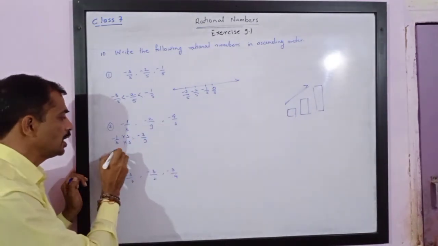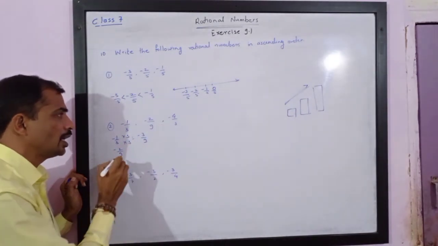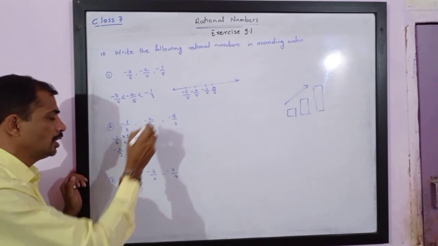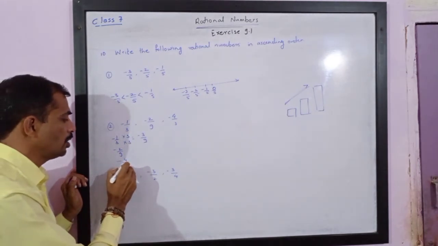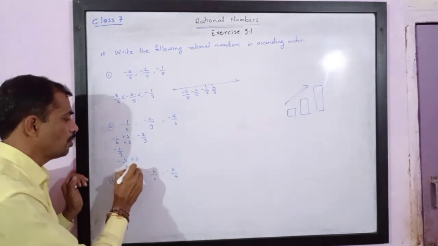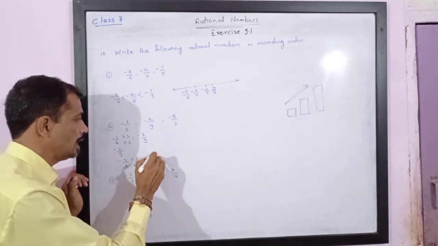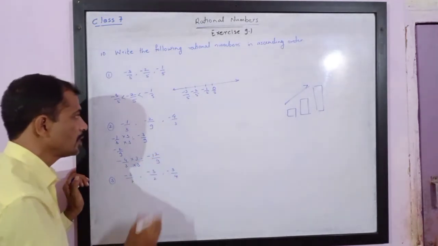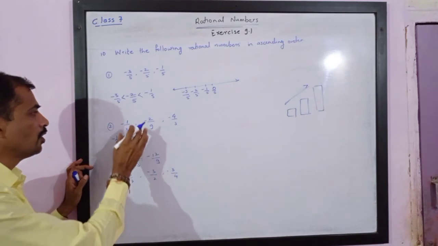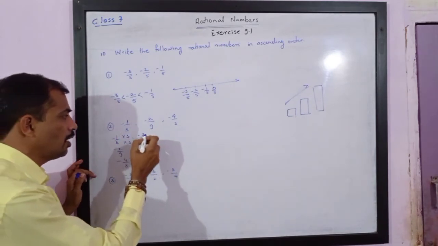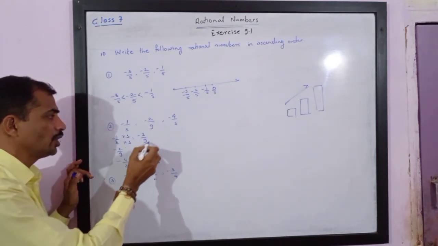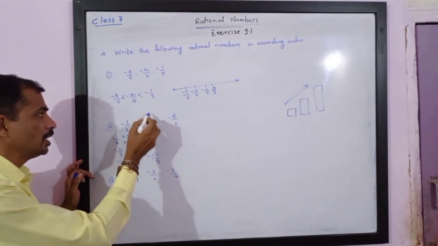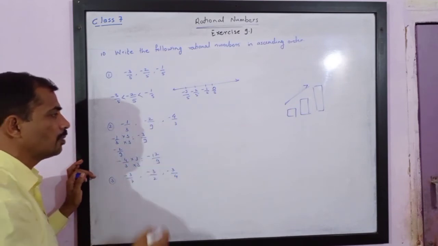And the second fraction is negative 2 upon 9. Denominator is already 9. Then the third fraction is negative 4 upon 3. If you multiply this also by 3, we will get this as negative 12 upon 9. Now, this is very easy. First fraction is, we have got negative 1 upon 3 is equal to negative 3 upon 9. Then negative 2 upon 9, negative 12 upon 9.